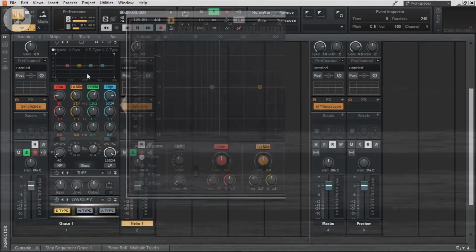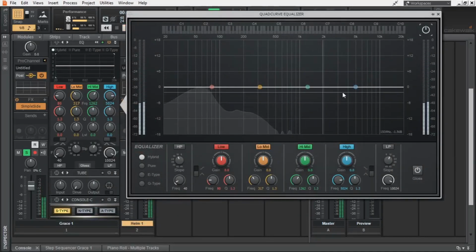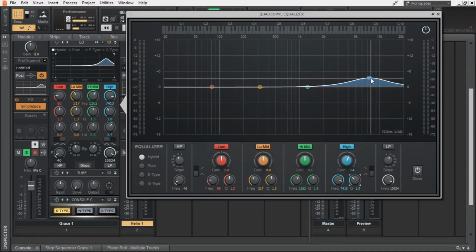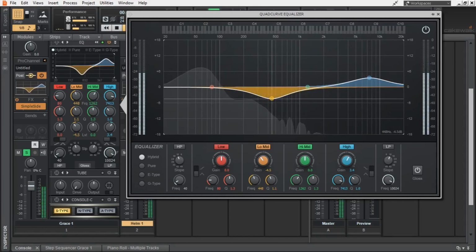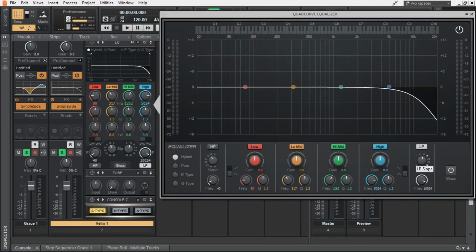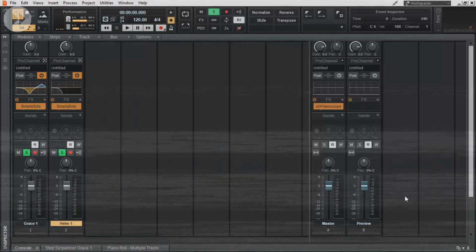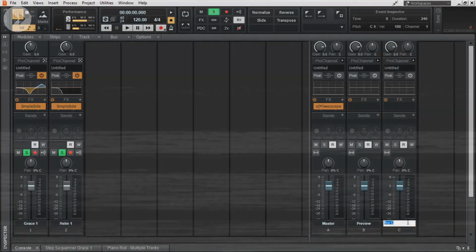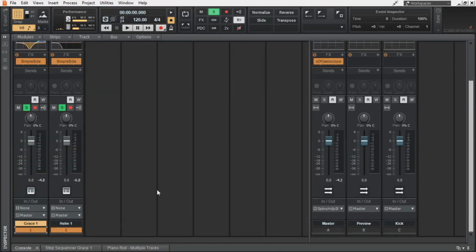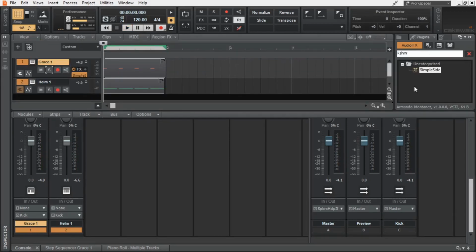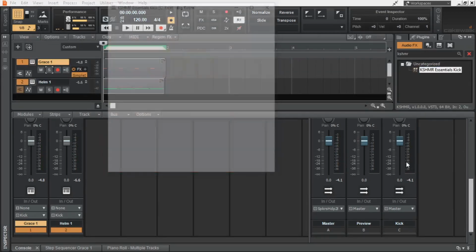Now for some mixing. I like a bit more treble in my kick, also reducing some mid frequencies. It's not necessary, but I'm going to low pass the sub. Now we can add a bus and name it kick, into which we can direct the two parts of the kick. Now we have the transient and the body coming through this bus, and we can treat it to beef it up. Let's add Kush Essentials kick.